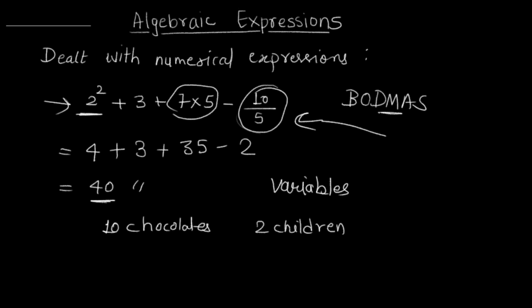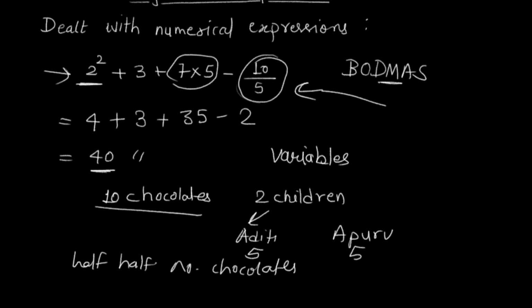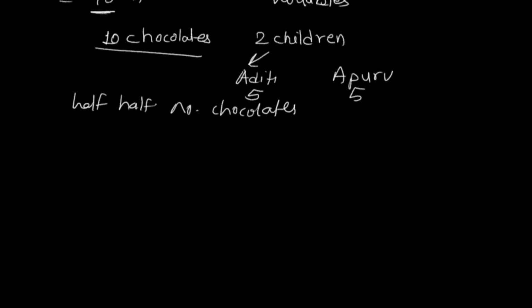Okay, so we can always say that next time, mom, whenever you buy any number of chocolates, we are going to have half and half. So here we have 10 chocolates. So in this case, let's say children's names are, so these two kids will get, Aditi will get 5 chocolates and Apurva will also get 5 chocolates. Okay, but you tell your mother that next time whenever you buy chocolates, we'll always have half number of chocolates, right? So now when I introduce this variable here, कितने भी chocolates हो, आप कितने भी लाओ, हम आधे लेंगे.